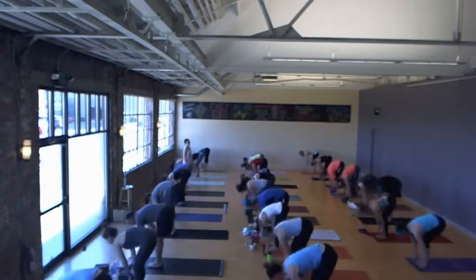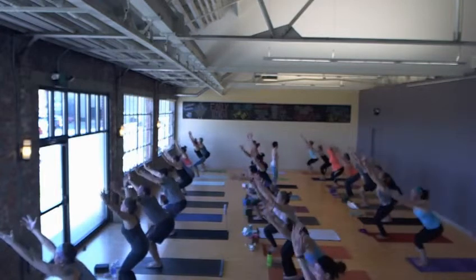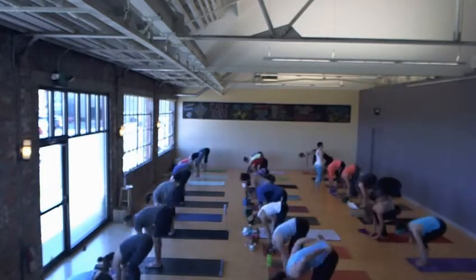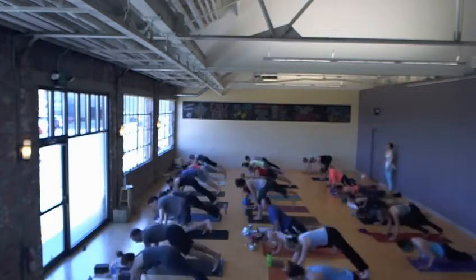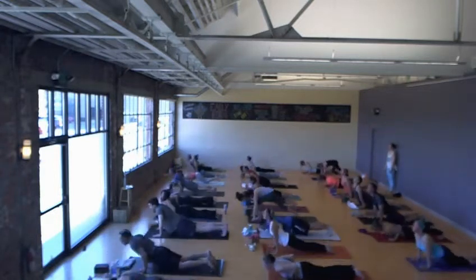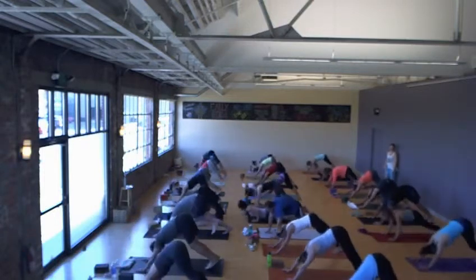Fold down. Chair pose for 1 breath. Sit back and reach. Forward fold. Halfway lift. Chaturanga. Each pose is punctuated. Upward facing dog. Downward facing dog. Right foot warrior 1. Step through. Use your